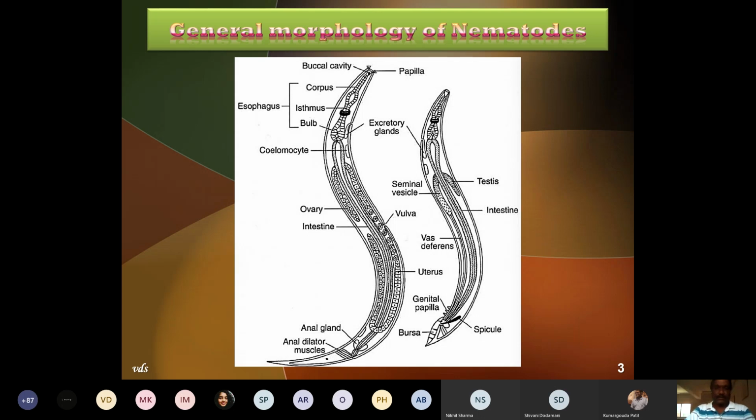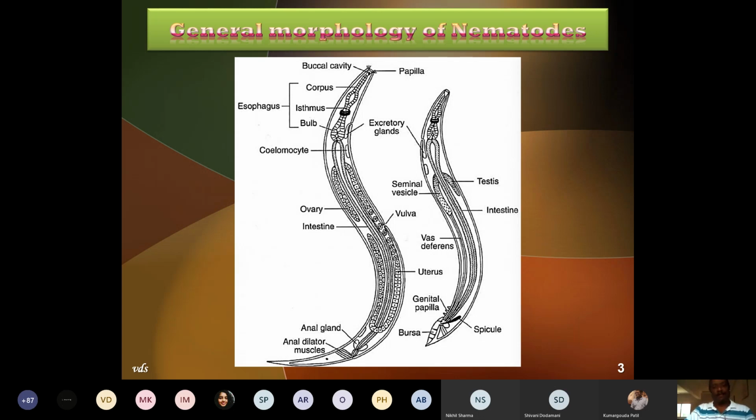So the ovary, where the ovum is produced, opens into the mid-ventral portion of the body, which is called the vulva or vagina. If there are two tubular structures, these open into the mid-ventral as a common passage, which is the vagina of the female worm.